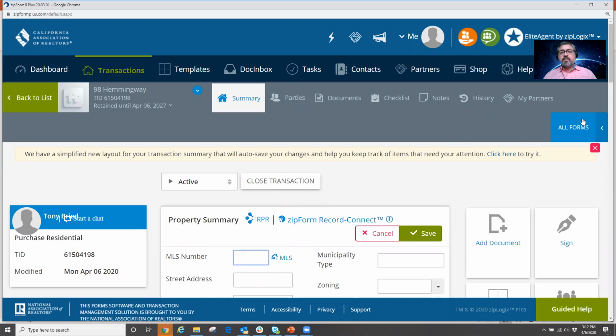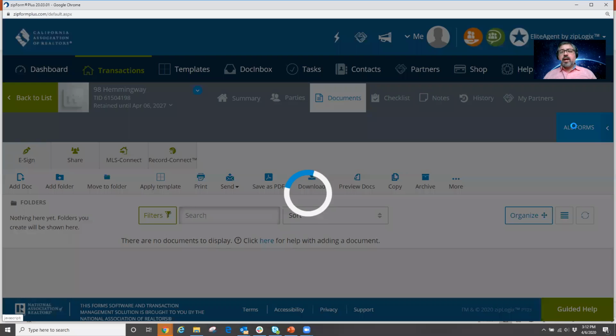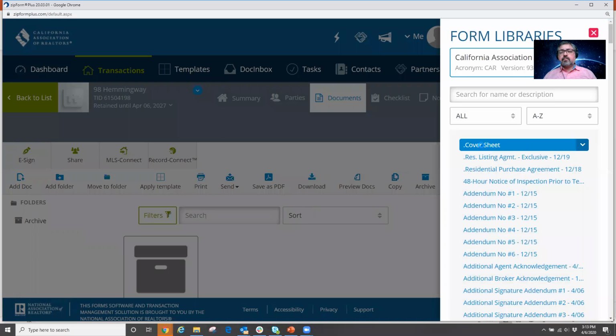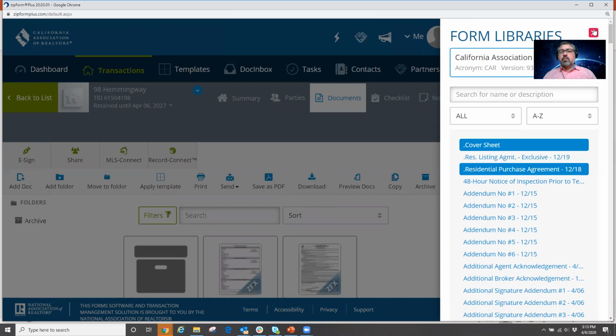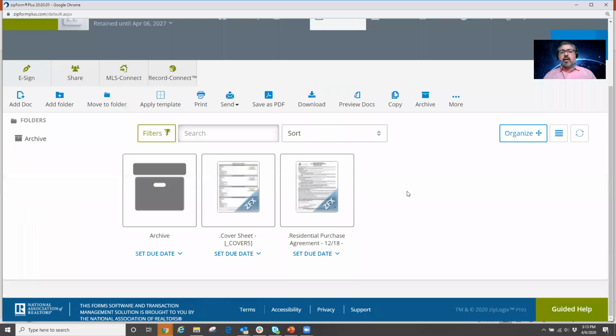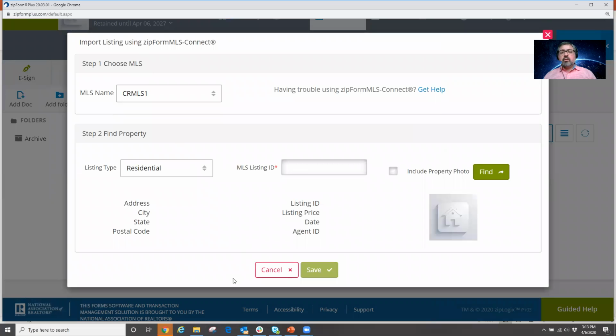The first is that after we add the documents, we can go to the documents area, and at the documents area, over towards the left-hand corner, we have the MLS Connect button here, where we can click on it and then again follow the procedure to import the MLS data,